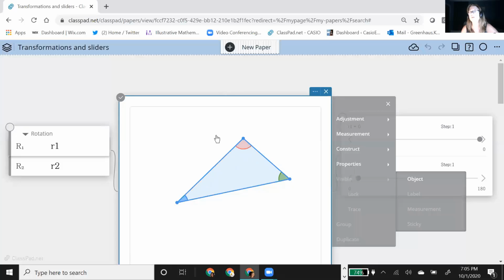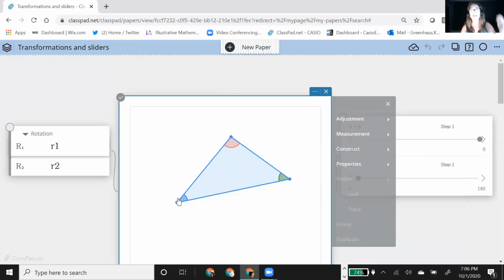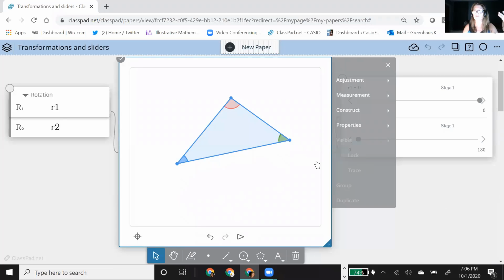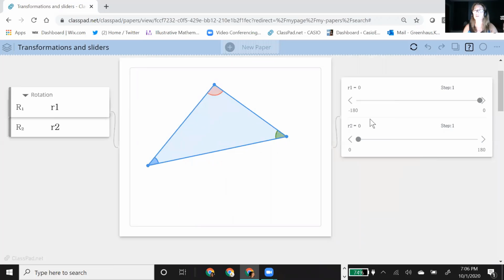And so one of the most common things that geometry students learn, they learn this in elementary school, is that the sum of the three angles of a triangle is 180. Well, I created an activity where you are visually showing that that's true by creating the linear pair that these three create. And so I use rotation. So I basically selected the angles, rotated them around the midpoint, and I'll show you what I did after I show you the sliders. So basically you'll see I have two rotations.